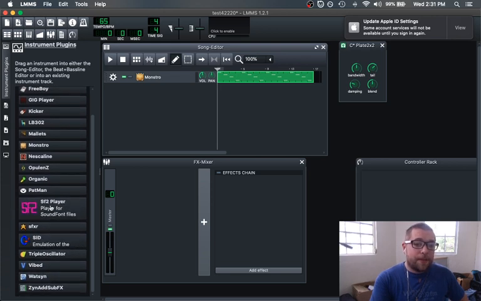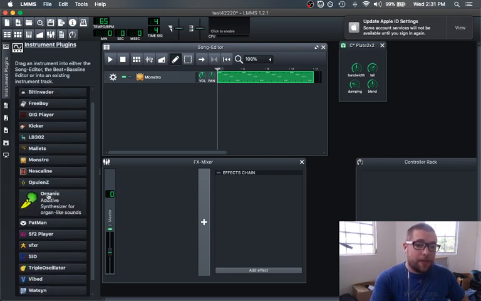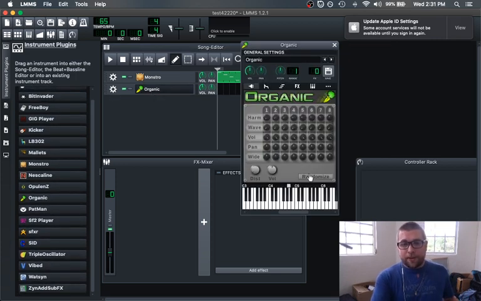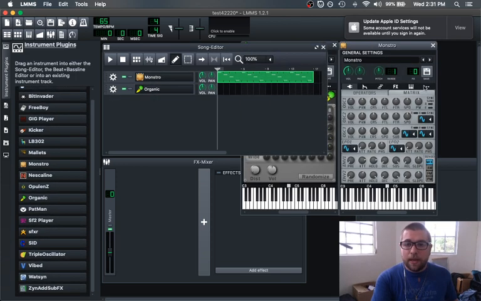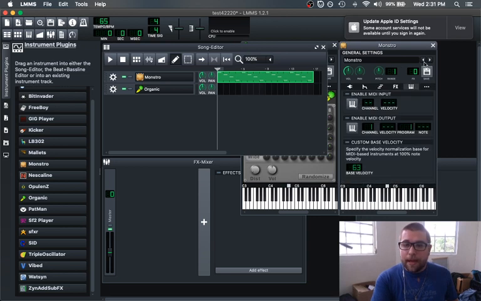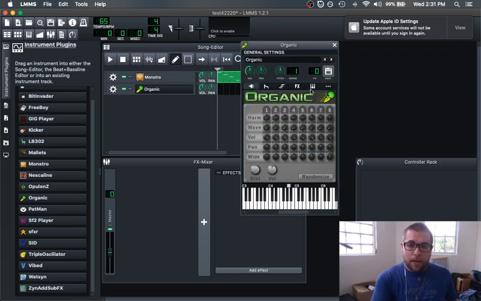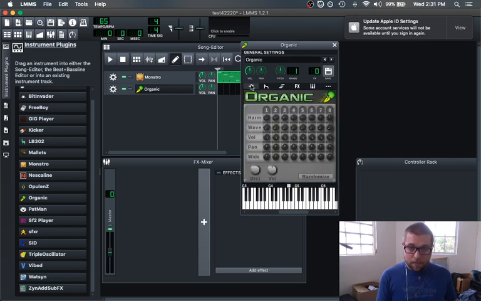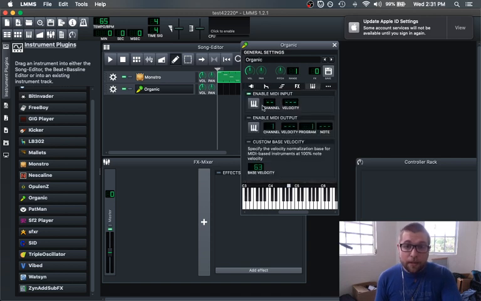It's another good synth on here we could use. Last time I was using the organic. It's kind of like an organ generator. And it's really fun, actually. Well, first let's turn off MIDI for the last track and enable it on the new track. Here we go, enable. Oh, hello, why can't I hear you? Oh, I didn't actually say it. There we go.